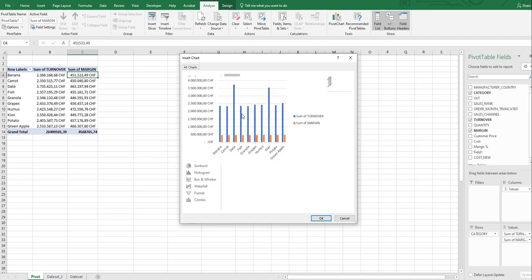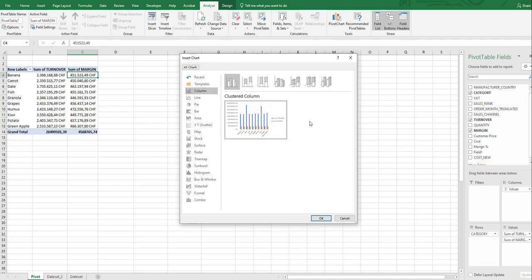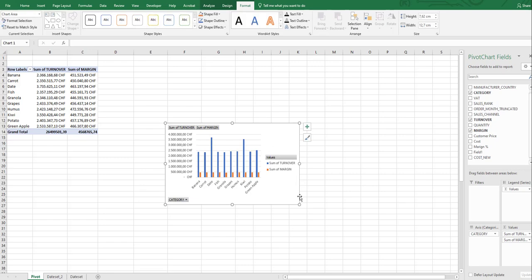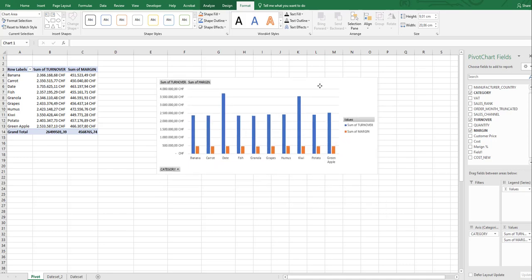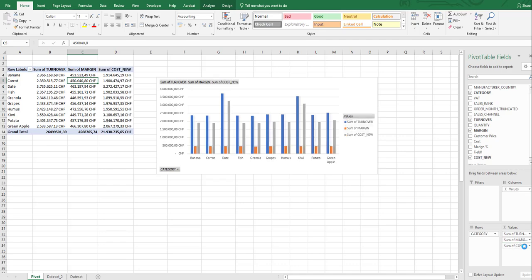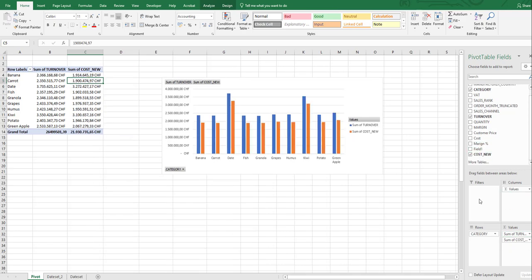For example, this clustered column chart will show us the margin and the turnover. Also, if I want to see the cost, then the cost there as well. Or maybe it makes more sense to only see the turnover and the cost, and hopefully in all cases your turnover is higher than your